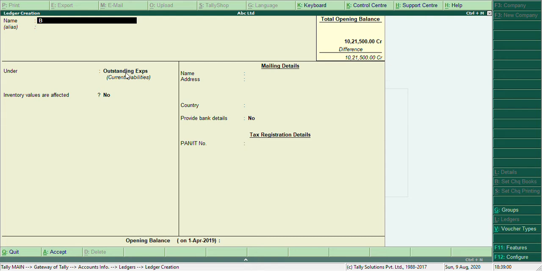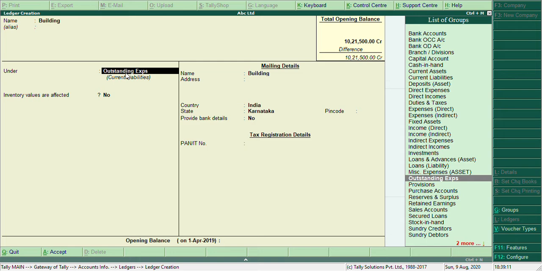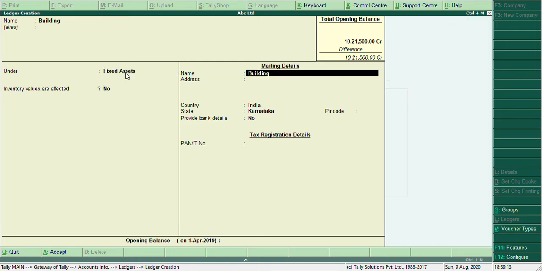Next ledger name, building. As you know, the building is an asset. What kind of asset? Fixed asset. Select fixed asset. 1,50,000.